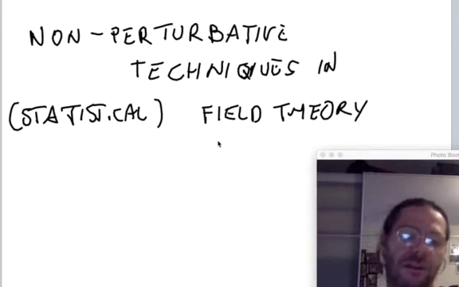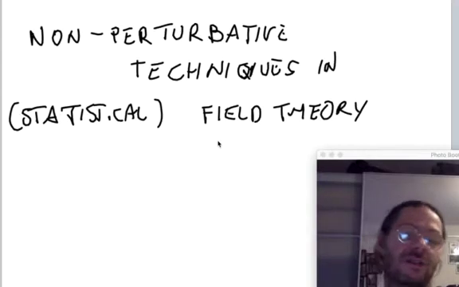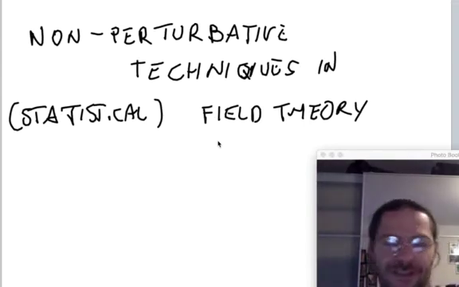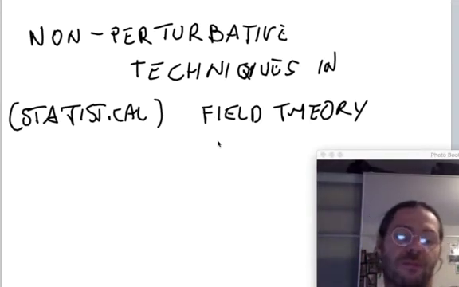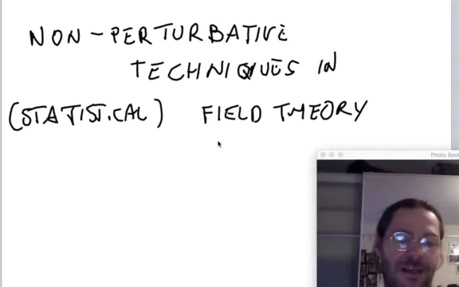When you consider statistical problems, the applicability of perturbation theory is even more restricted because most of the time you really are not considering perturbative problems, especially in complex systems. Remember, our working definition of complex system is a system where you have a large number of particles interacting at the same time, so that you can never split the problem as a product of problems of single particle or few particle states, which means that there are many particles interacting at the same time. Even if their individual interaction is small, the collective effect of having many particles interacting very weakly is